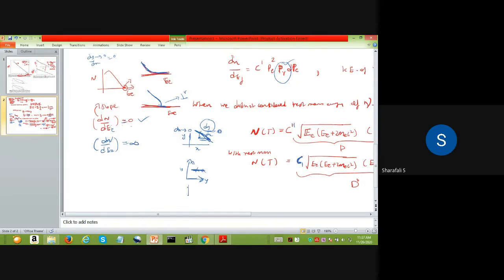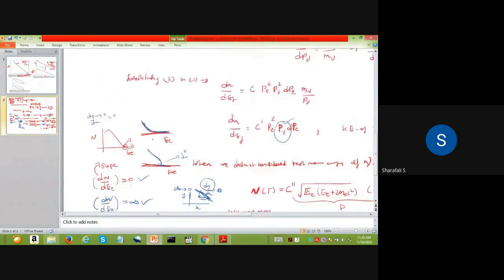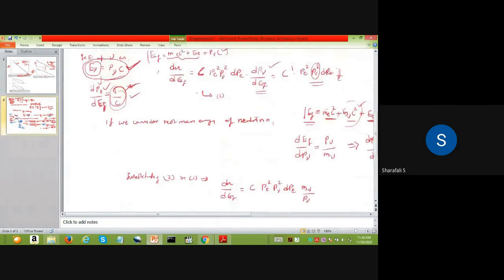And if you have another case where your curve is parallel to the y-axis, not the x-axis, in that case your x does not change. So your dx will become 0. That will result in dy by dx tending to infinity. So that is the case where your dN, that N versus E curve, at the end of that curve will be perpendicular to that E axis. Okay, so this we will look into in the real case that we have given in the slide.